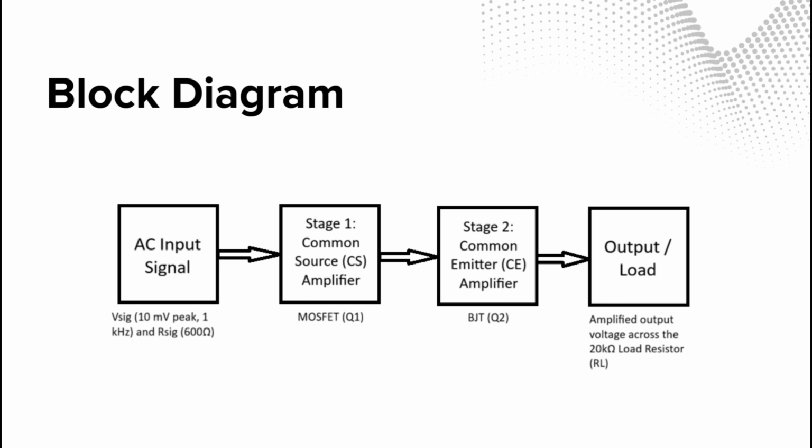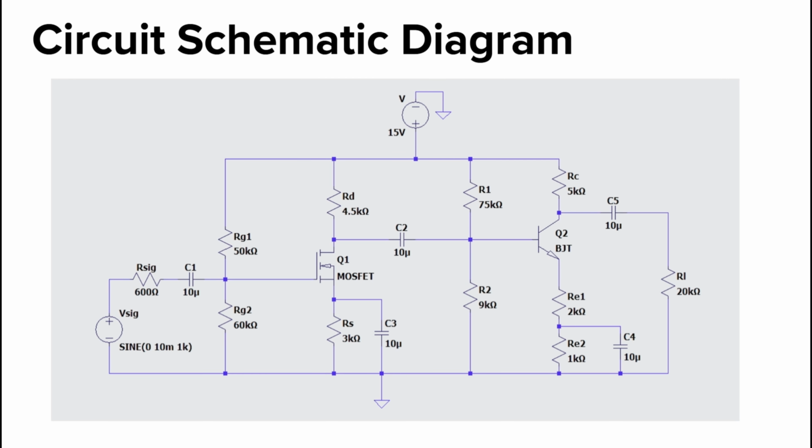As shown in the block diagram, our 10 mW AC input signal enters stage 1, a common source MOSFET amplifier. The signal then enters stage 2, which is a common emitter BJT amplifier, then finally reaches the 20 kilo ohms output load. Moving to our LTspice schematic diagram, this is our physical layout. Both amplifier stages share a 15 V DC power supply and are separated by a 10 microfarad coupling capacitor to